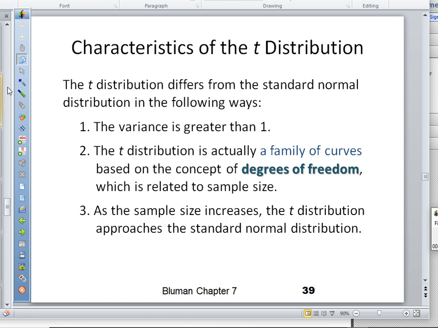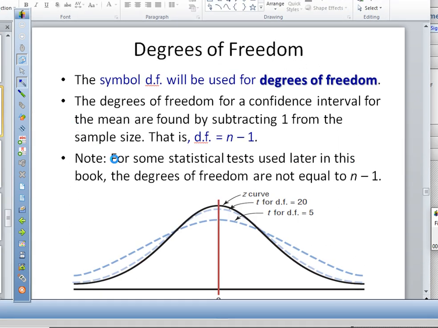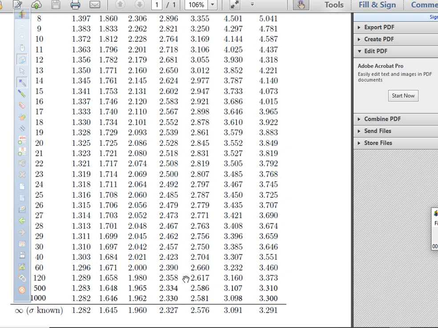Right, so it's basically every n has a different curve that starts off more flat, but as your n gets closer and closer to infinity, it becomes closer and closer to the real normal distribution curve. And like I said, each one of these curves would sort of have its own whole table, but we've just summarized them to these 7 numbers that we care about in terms of